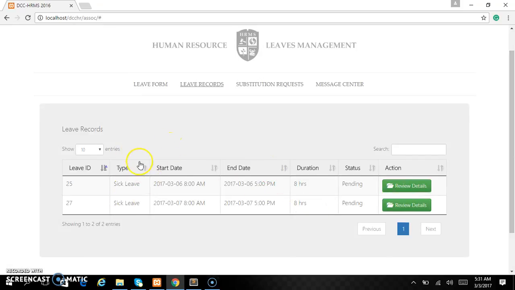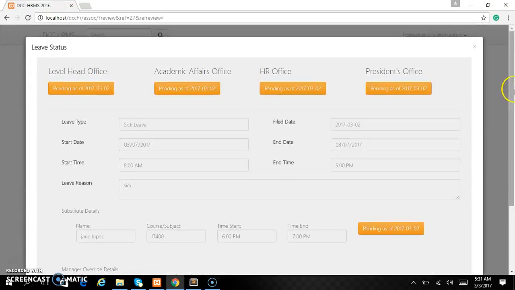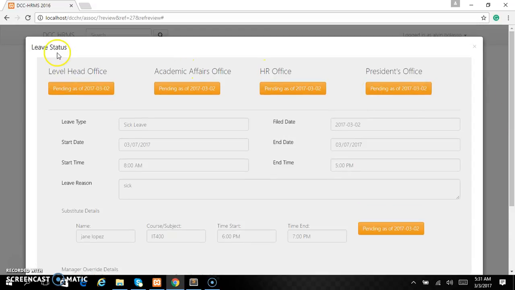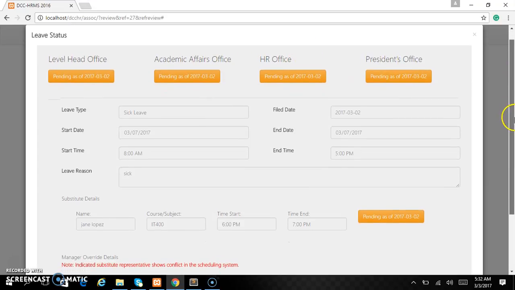So as you can see here, there are two leave requests because I already applied last time. So just click review details. So as you can see, you can monitor the level of approval of your request. As you can see, the level head, the academic affairs office, HR office, and the president's are already pending.